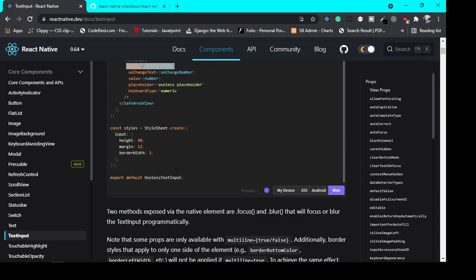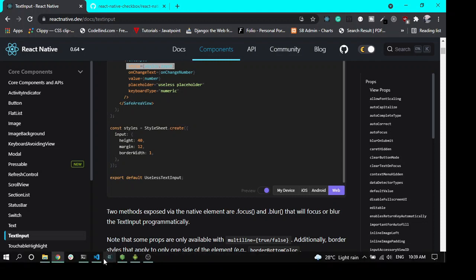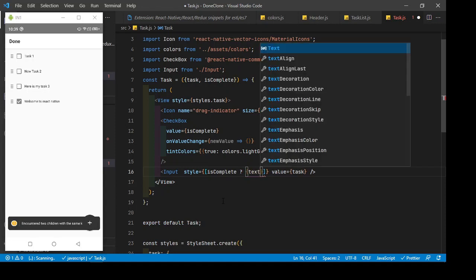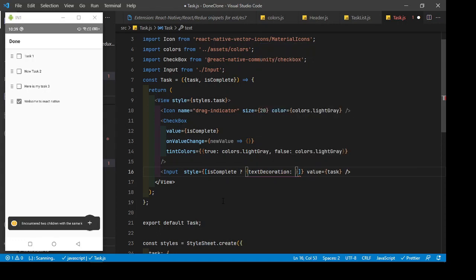For that, what I will do here is simply add style here as, if task is complete, then we want text decoration to be